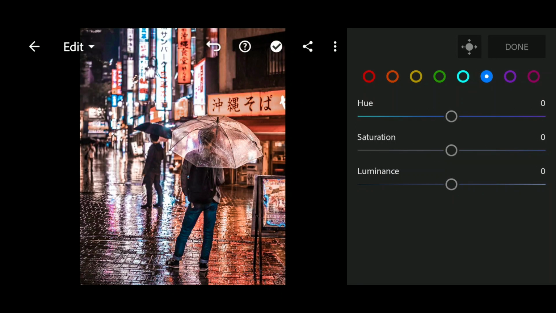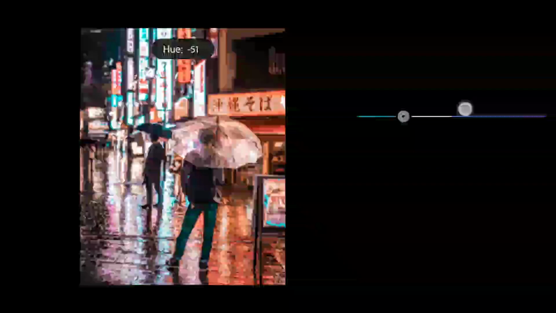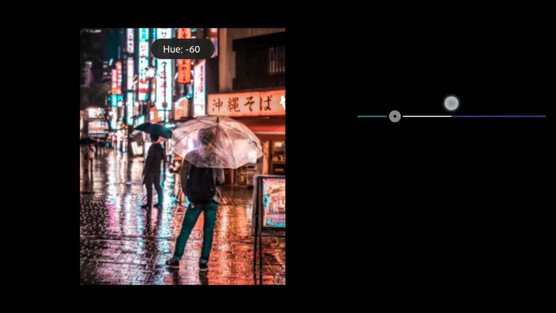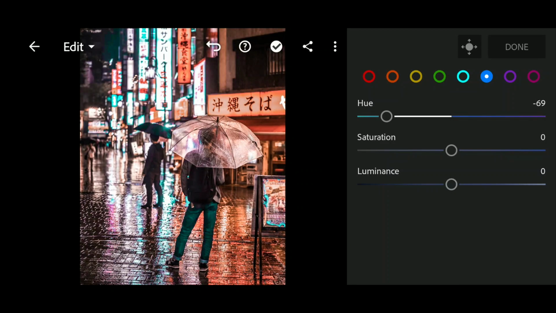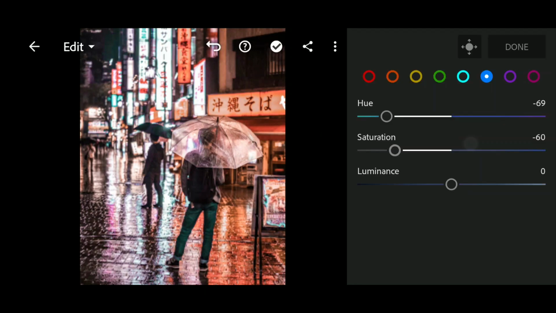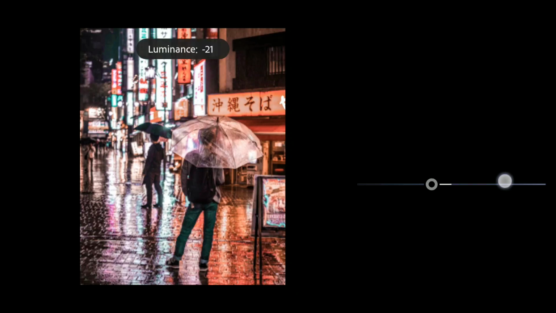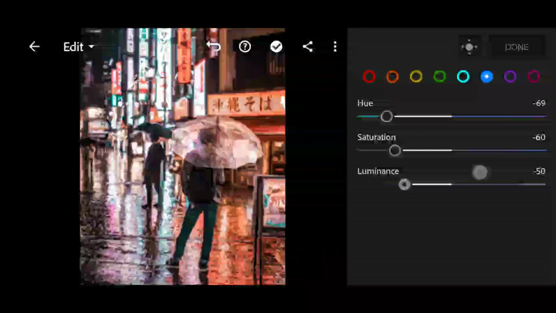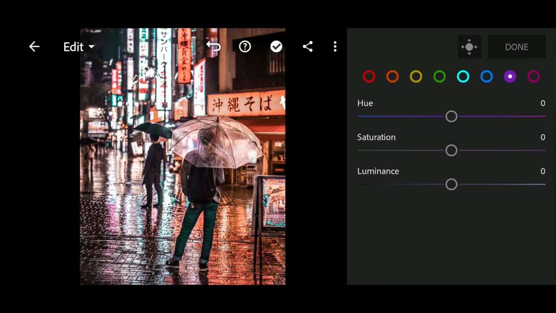Now select blue and bring down the hue to -69, saturation to -60 and luminance to -50. Now select purple and then bring up the hue all the way up